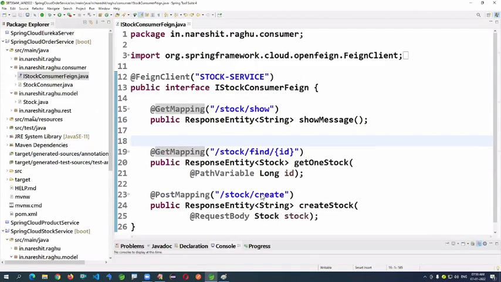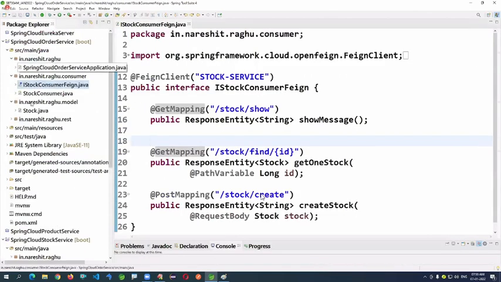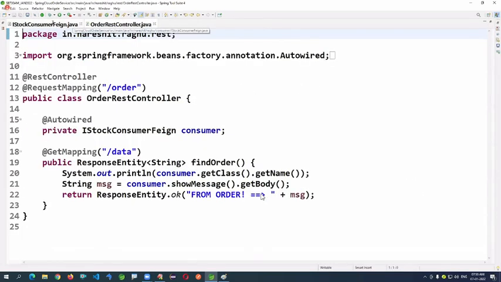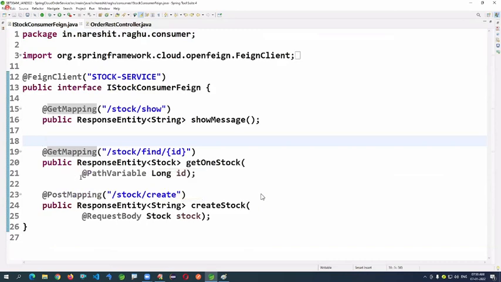I'm calling those methods one by one here from the order service, sending the ID to get the stock.